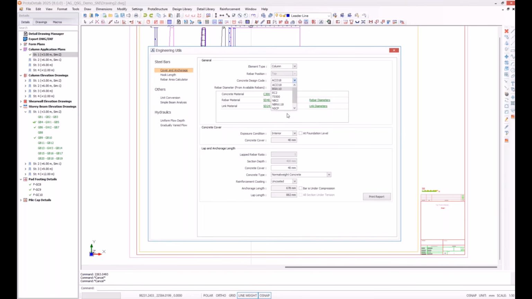So whatever you calculate here is actually used by the software while we are drawing and generating the details for the column elevations, the beam elevations, the pad footings and everything.